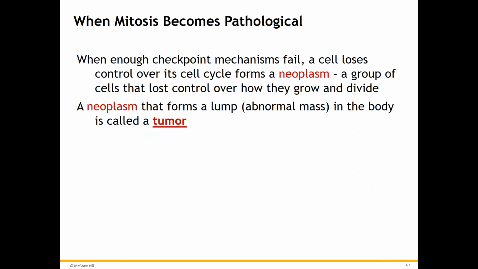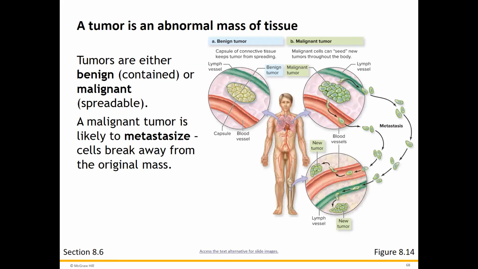So a neoplasm has these cells replicating on top of each other. They're forming this great big large abnormal mass. In everyday world, we call it a tumor. So in this picture from your book, they're showing you, here is an uncontrolled cell mass that's been created. But what they want you to pay attention to is there's this capsule. So the capsule surrounds this uncontrolled cell population, and it would be defined as a benign tumor. It's contained, it is wrapped up in this capsule, or it's malignant.